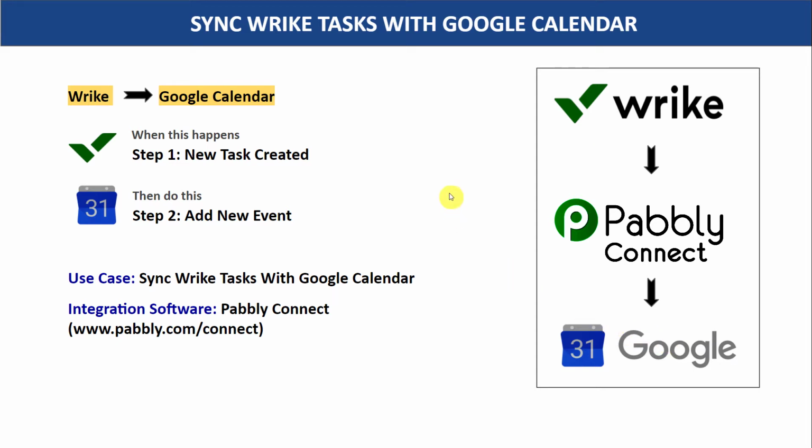The first choice is to copy all the details from Wrike, sort it out, and manually create an event in Google Calendar. Now the problem with this approach is, it's actually very repetitive and tiresome. So here I would suggest that you bring in some automation so that whenever a new task is created in Wrike, it automatically adds an event in Google Calendar.